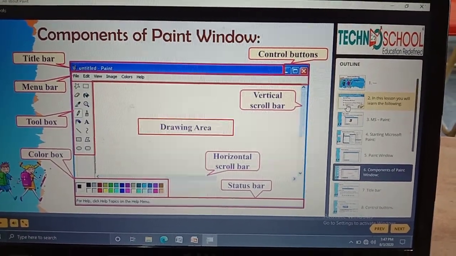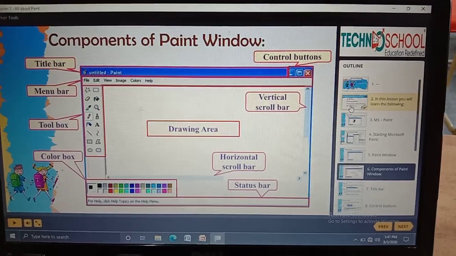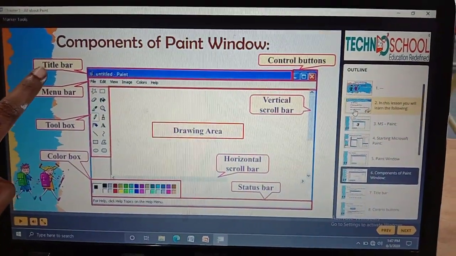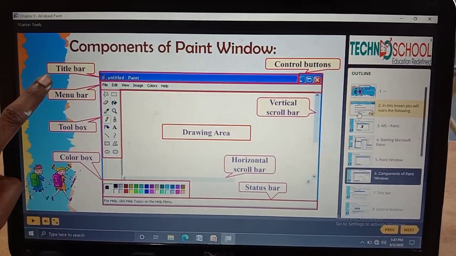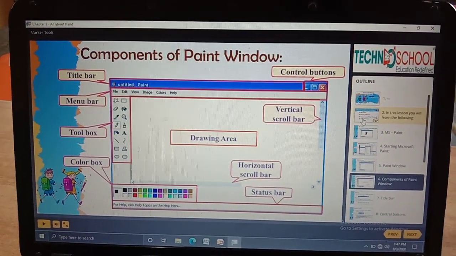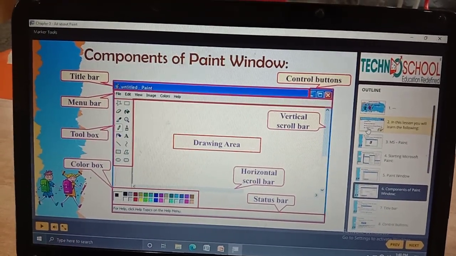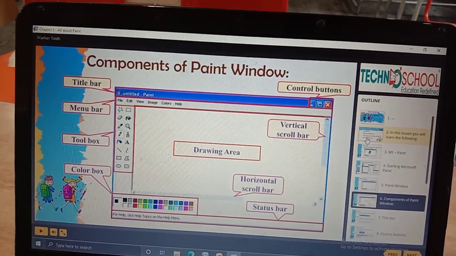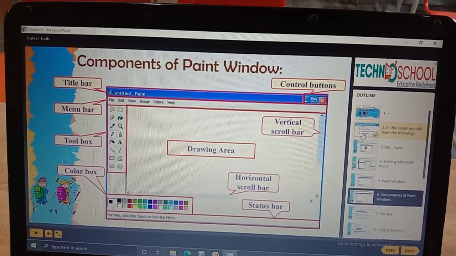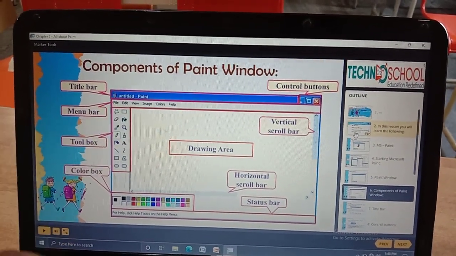Next, we are going to learn about the components of the Paint window. What components do we have? First, we have the title bar, which holds the name of the window. Next is the menu bar, which helps us to do editing and view changes, and to store our pictures with Save As, and to open a new painting window, which come under the File menu.